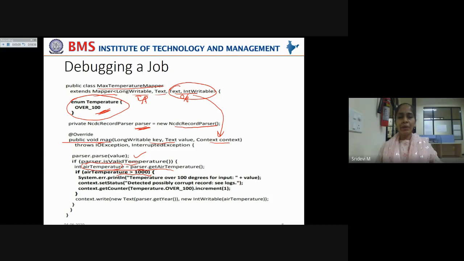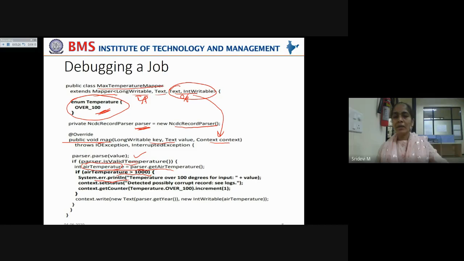Now, if the air temperature is greater than 1000, what you're trying to log is System.err.println. You're trying to log it to the System.err class.